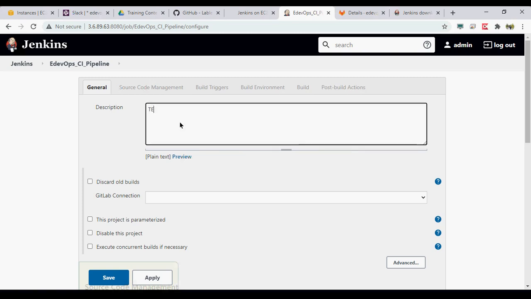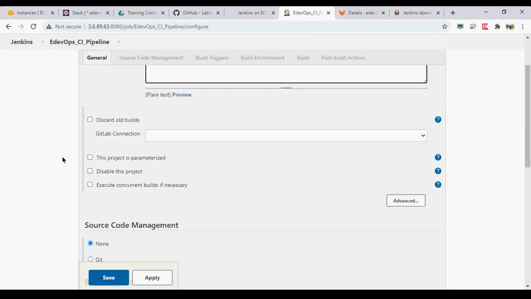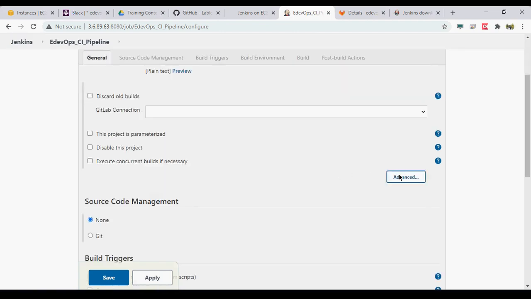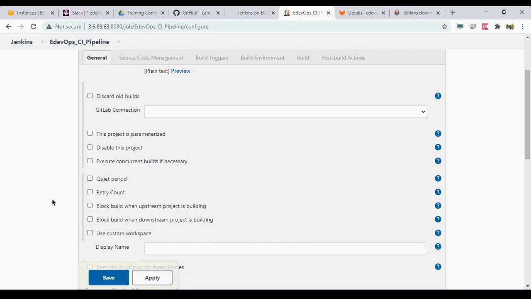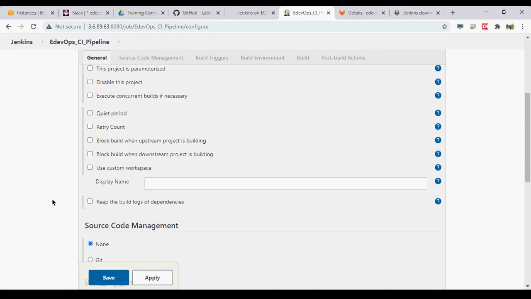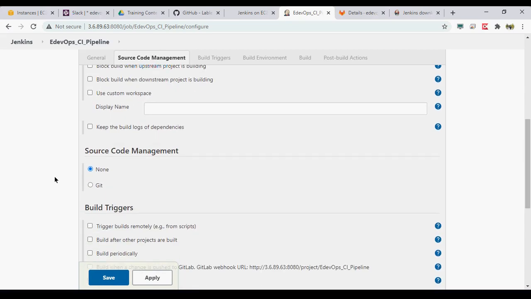So let's name it the DevOps Guru test project. Okay. So there are multiple options available in each and every section. We have already covered these. You can just go back to the earlier session.